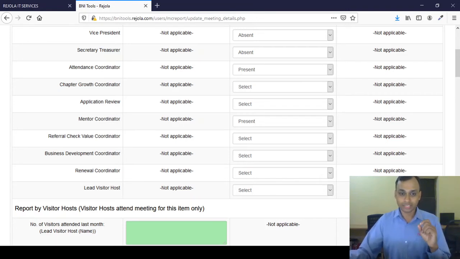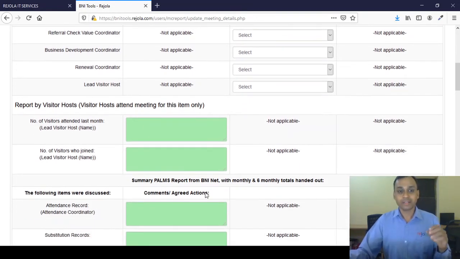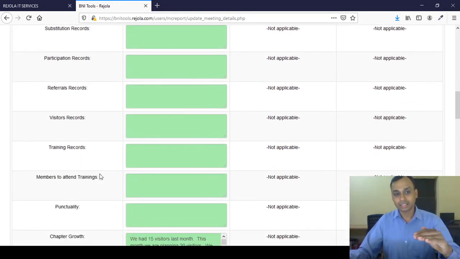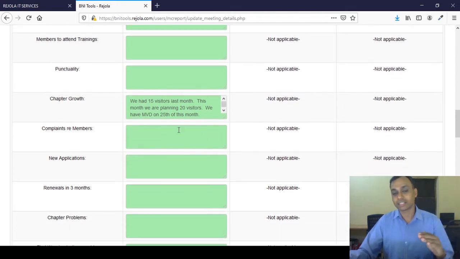Now, one of the features that we have brought in here is that the different records mentioned here will be visible only to those respective role players. For example, the chapter growth report that is added here will be shown only to the chapter growth coordinator. Others cannot update over here.